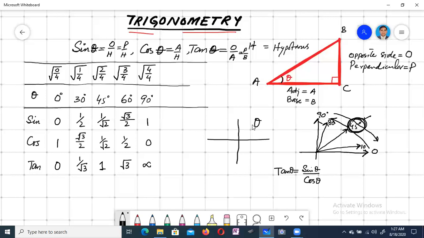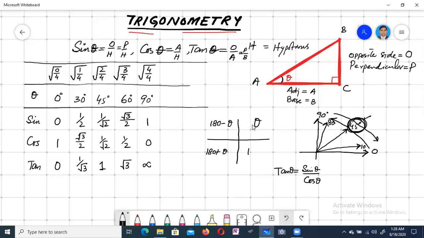Suppose there is an angle in the second quadrant. How will we find the value? In the second quadrant we will get 180 minus theta. If the value of theta is there, then 180 minus theta we can get for the second quadrant. For the third quadrant it will be 180 plus theta, and for the fourth quadrant it will be 360